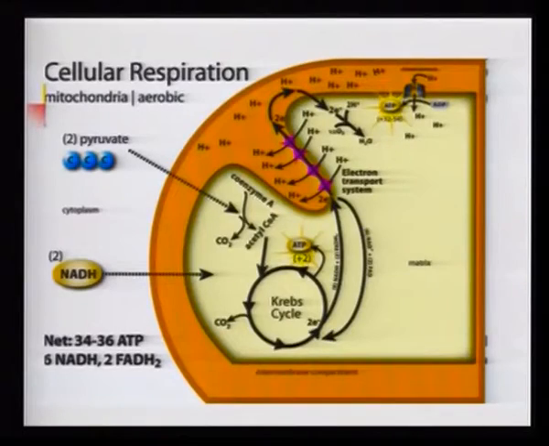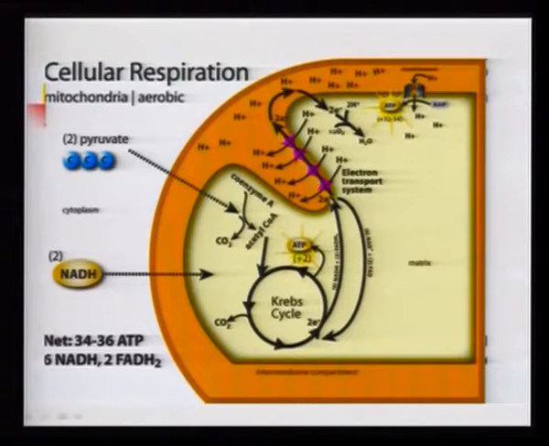Friends, this is our mitochondria on your screens. Just one crista is shown, and try and recollect what I told you, that this is the matrix of the mitochondria. The Krebs cycle operates here, generating 8 reduced NADs and 2 FADs per glucose molecule. They have to be oxidized again, so that the Krebs cycle continues. Now, let us see the fate of these reduced molecules in the electron transport chain.